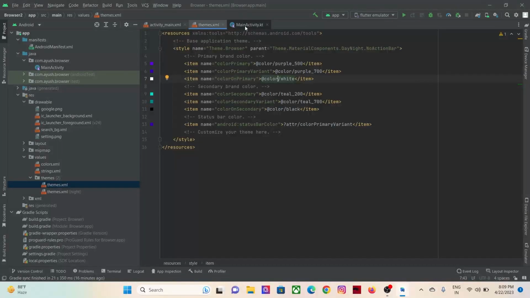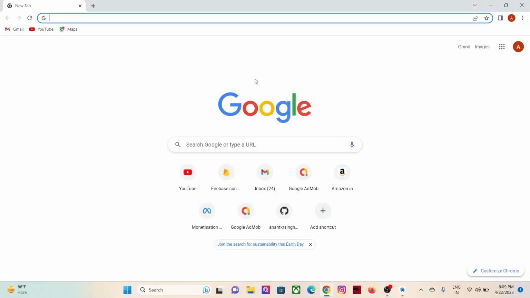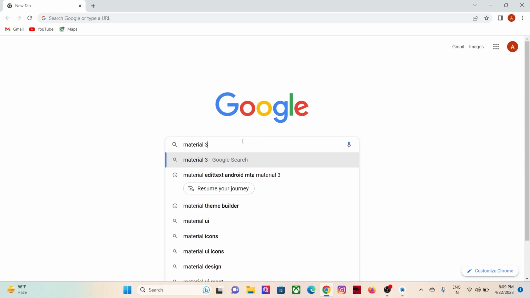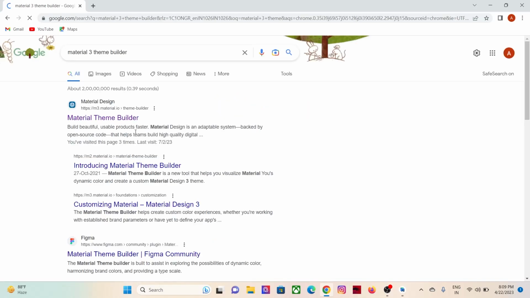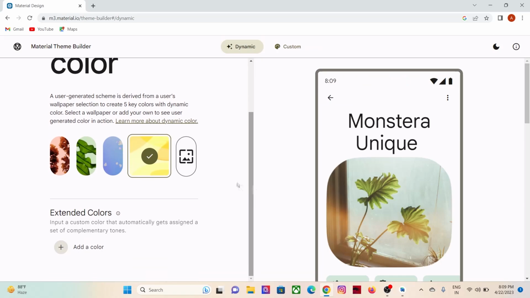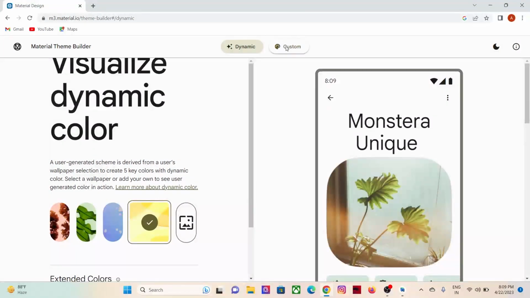Before that, we will go to the Material Theme Builder. Let's search here for Material 3 theme builder. This is the first URL that we got, so we'll go to this URL and let it load. Here you can see this is a simple interface. And if we go to the custom tab,